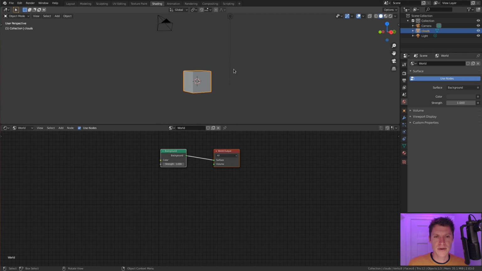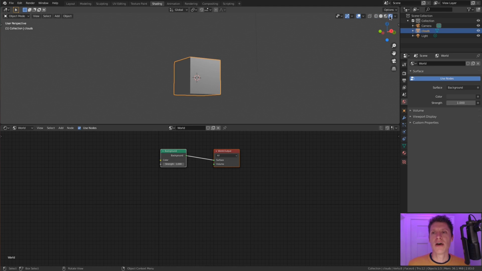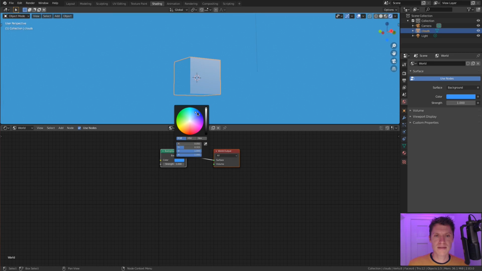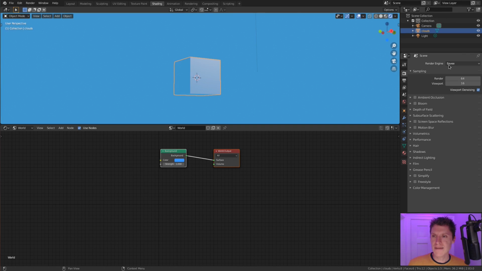in our shader editor. Also, since this scene will be created entirely with shading nodes, the solid viewport and wireframe are not going to be that useful. Instead, we'll spend most of our time in the rendered viewport mode. This way, whenever I change the background color to a blue, like the sky, we see that update in real time. Obviously, we're using Eevee, which should be set to default, but if it's not, make sure you set that